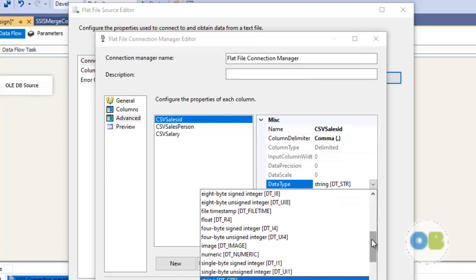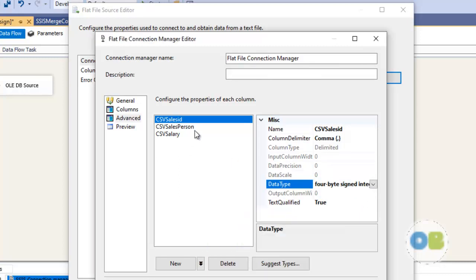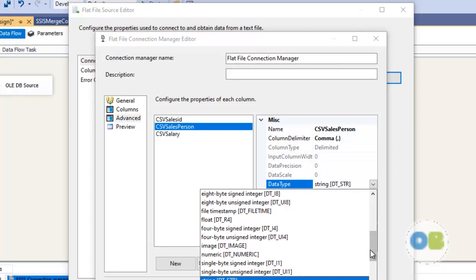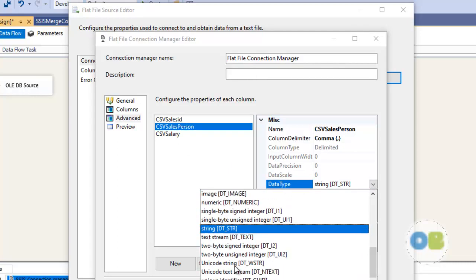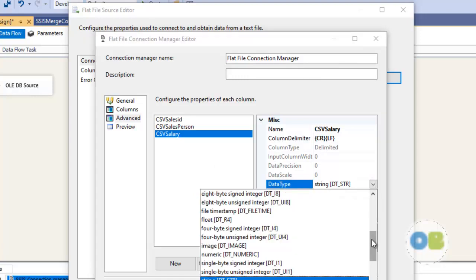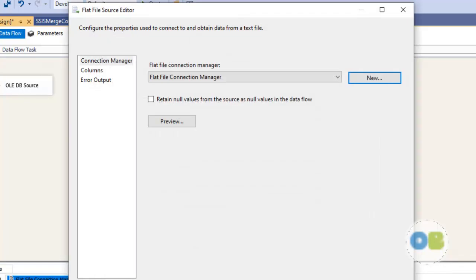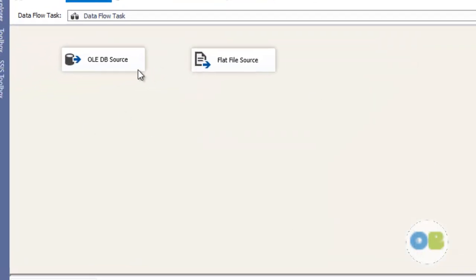Sales ID is a 4 byte signed integer, salesperson is unique code, and sales salary, that is CSV salary, as currency. I will say okay. I will say okay. There you go. It is done now.